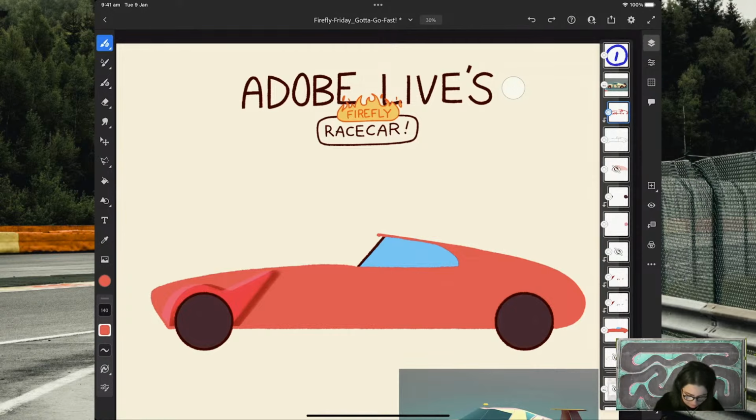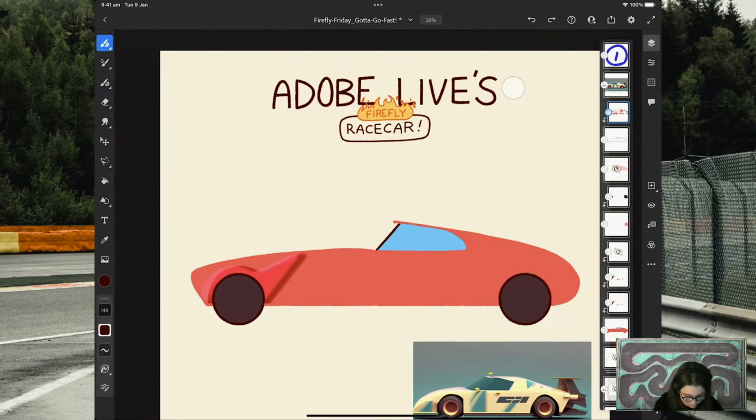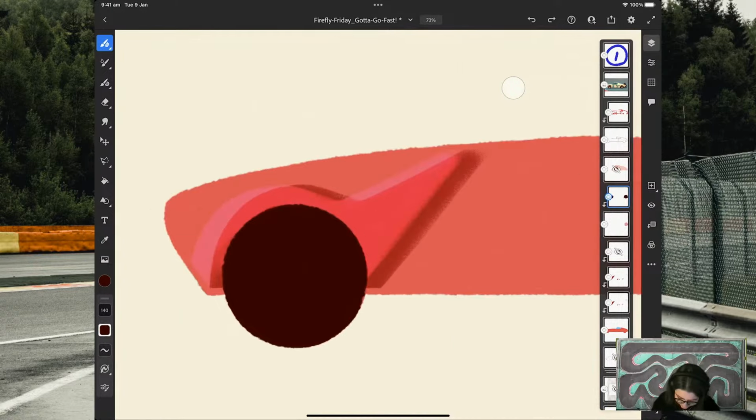All right, and in conjunction with that, I'm gonna sample the color of the line work and go to the wheels, color those in fully as well. Yeah, there we go. Already, this is coming across to me as a much more put together